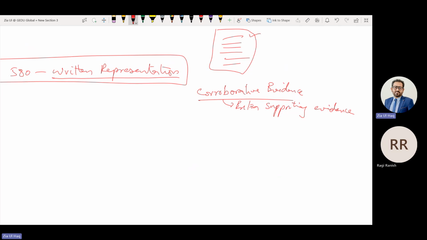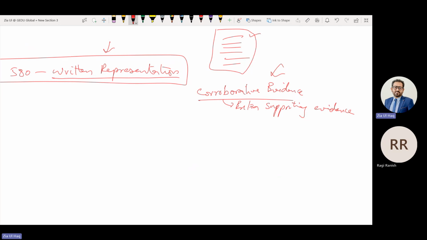If we have both written representation and corroborative evidence, we have sufficient evidence on which we can give an opinion. If we have both, but they are contradicting each other, the representation saying something different, or the corroborative evidence saying something different, who is accurate? Nobody, because on its own, they are not sufficient.